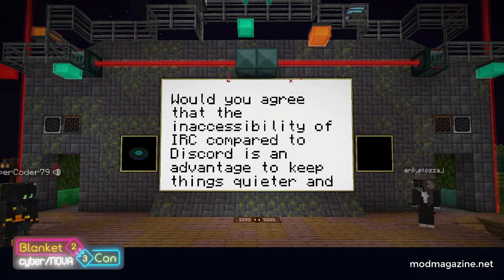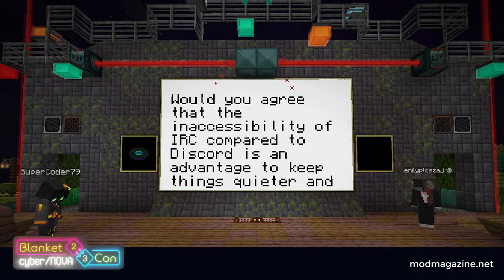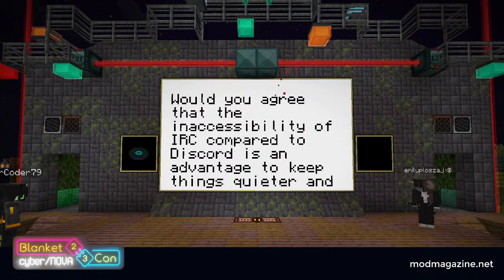Yeah. Emmy, do you have any thoughts? Yeah, I think this is definitely a big advantage for situations like this. Inaccessibility as a word sounds like a negative, and it is in most situations. I wouldn't tout IRC as the better way to have communities and discussions in general, but for the fast iterative process of malware reverse engineering, especially in this instance, the inaccessibility means that the people who join are the people that either already understand IRC and have a much higher chance of being technically knowledgeable, or those who have enough technical background and are willing to go through the process to get over it. Yeah, I would agree.